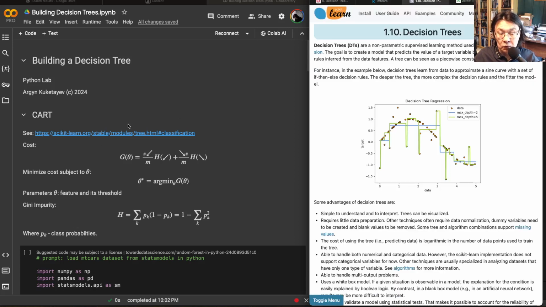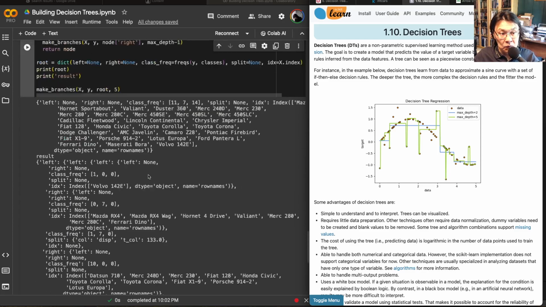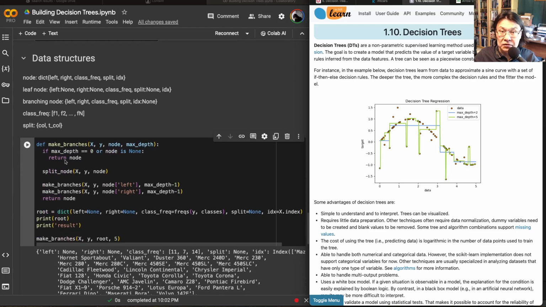So we wrote the code there, and now we're going to learn the following. We've built the tree, we trained it, we know how to do it, we wrote the function for it, which, if you remember at the end of this notebook, was called make branches, right? Now we want to learn how to code the predictor. We trained the tree, but now how do we actually use it to make predictions? So we'll build a little predictor function,